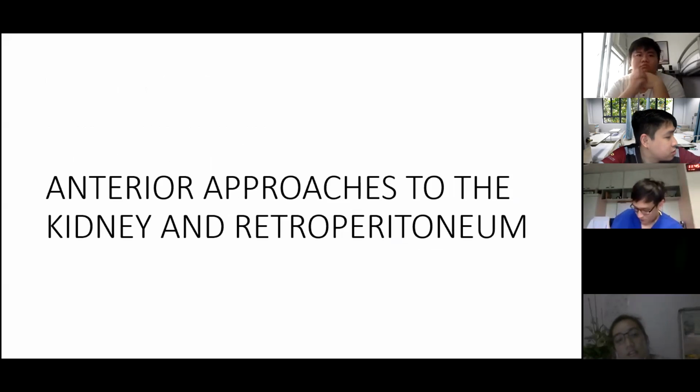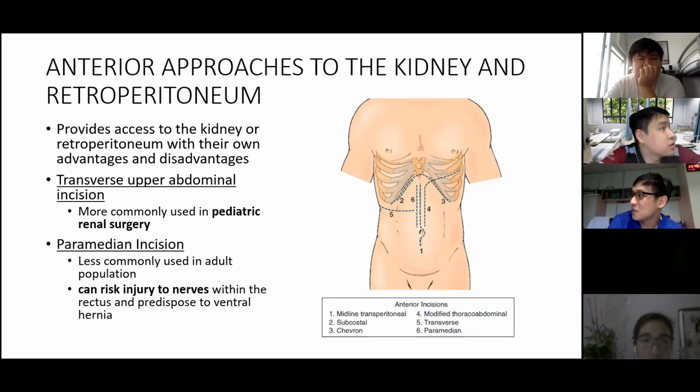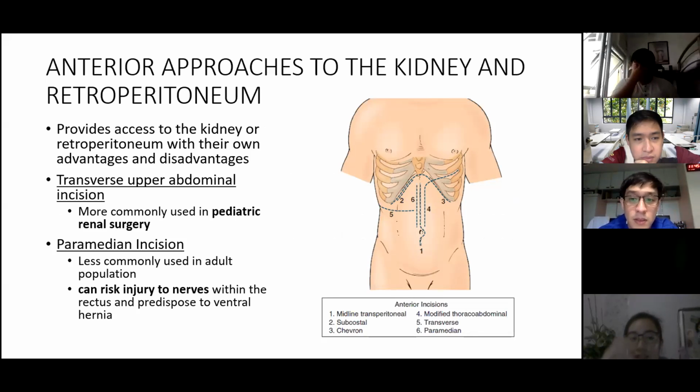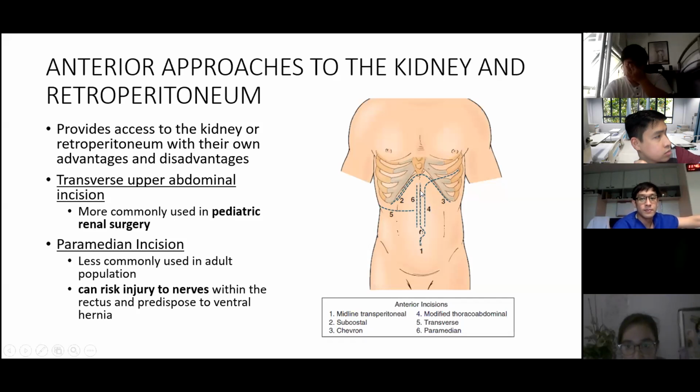So next, the anterior approaches to the kidney and retroperitoneum. The anterior incisions provide access to the kidney or retroperitoneum with their own advantages and disadvantages. So for the upper abdominal incision, which is commonly used in pediatric renal surgery, the paramedian incision, which is less commonly used in adults, can risk injury to nerves within the rectus and predispose to ventral hernia. So this is the transverse abdominal incision, and the paramedian is